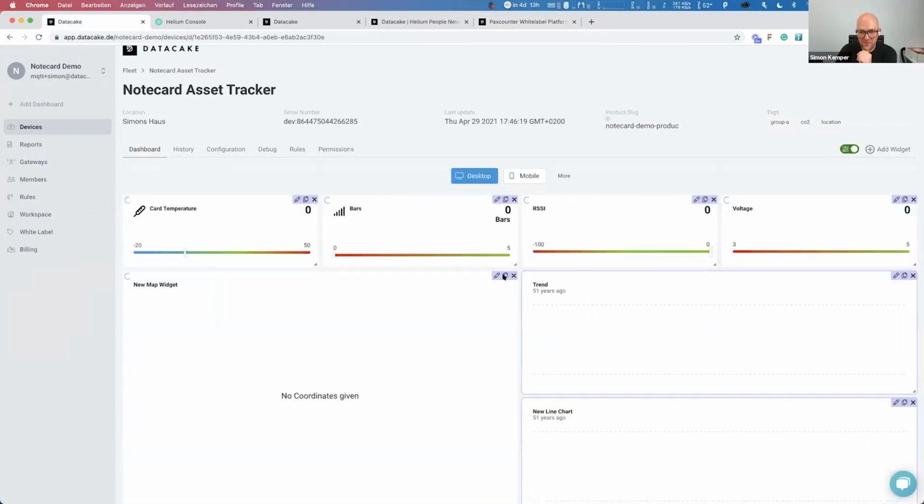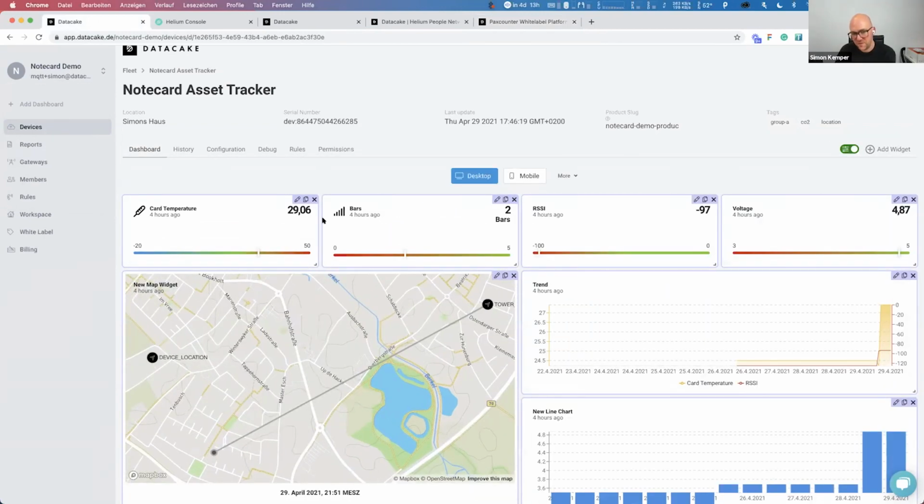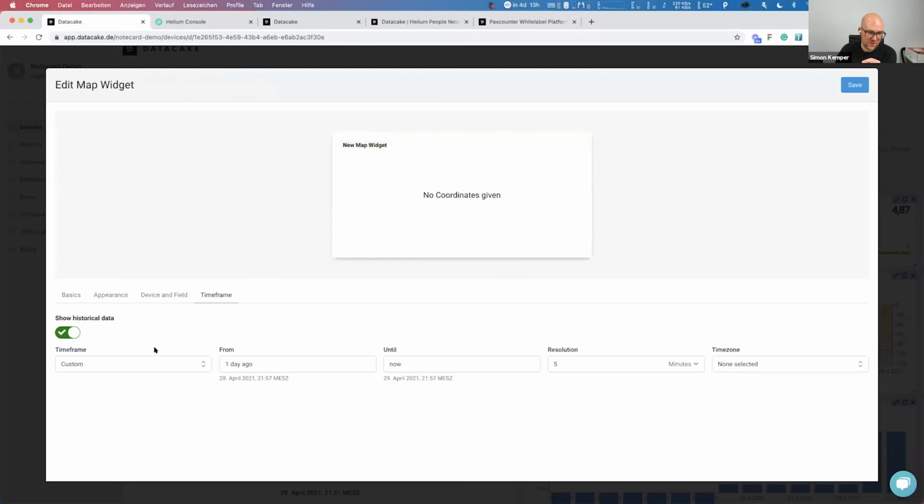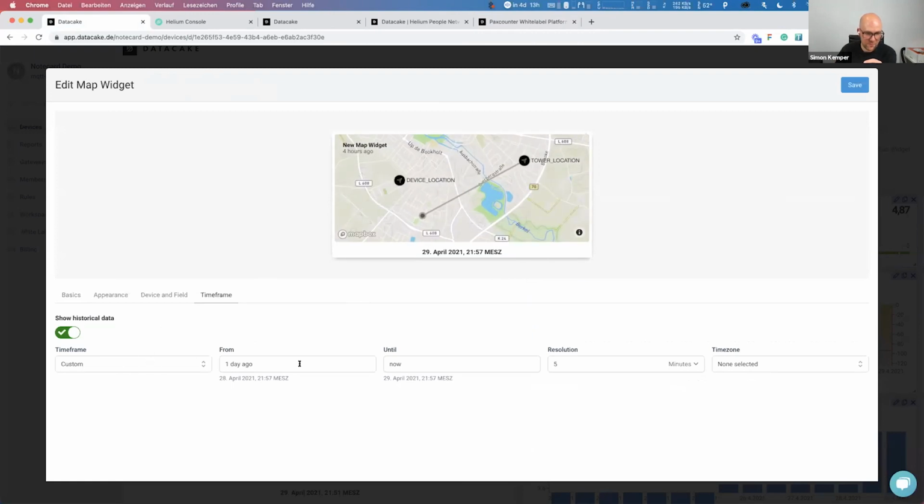Yes, this is all done in the configuration of the widgets. As you can see here on the dashboard builder, you've got this tiny pencil icon where you can change the configuration, and here you set the time frame. Perfect. And we set a custom time frame 1 day ago up until now, and I want to have a resolution of 5 minutes. We have some predefinitions here,